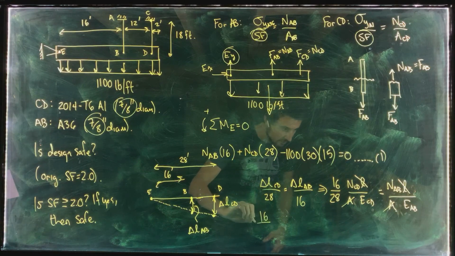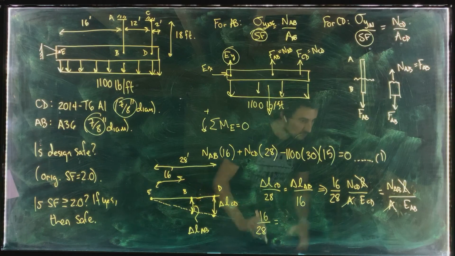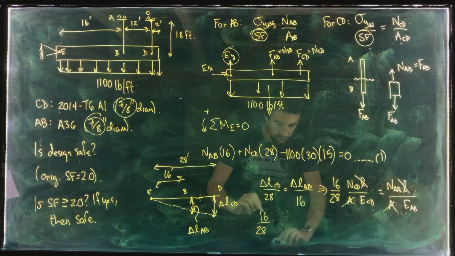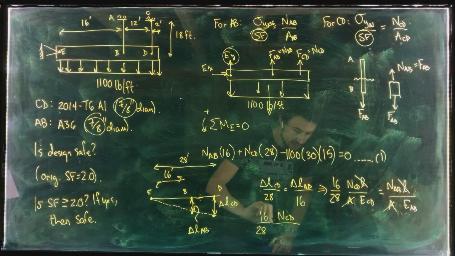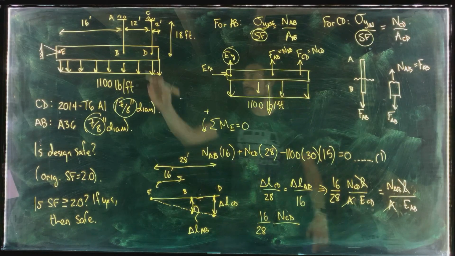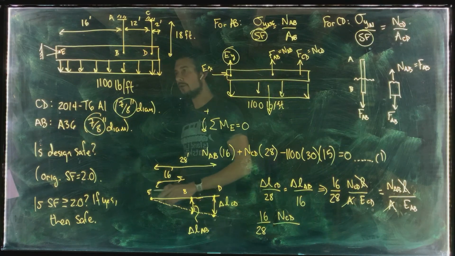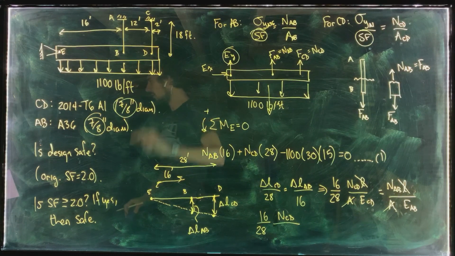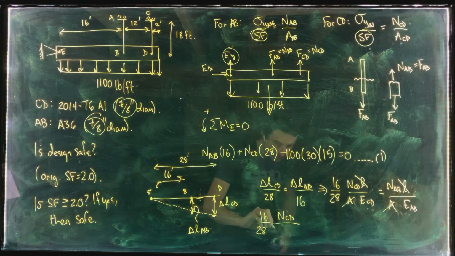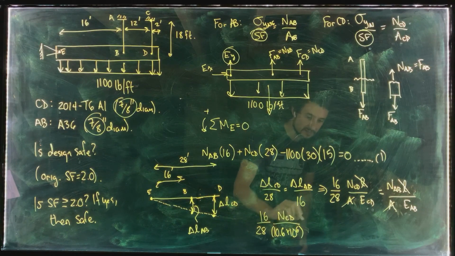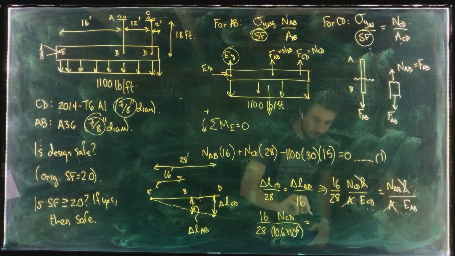So let's bring it down to the next line. 16 over 28 multiplied by NCD divided by the modulus of elasticity for CD, which is the 2014 T6 aluminum. Again, be careful, we're in the US side of the material properties table now. So 2014 T6, that's 10.6 times 10 to the 3 KSI. So we've got 10.6 times 10 to the 6 PSI equals the normal force NAB,